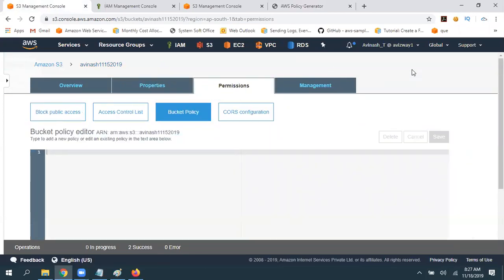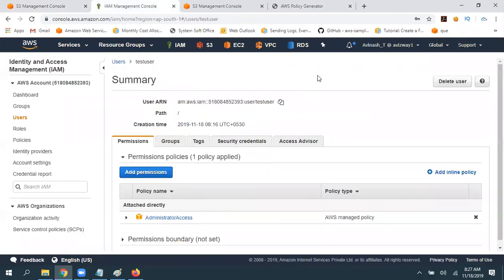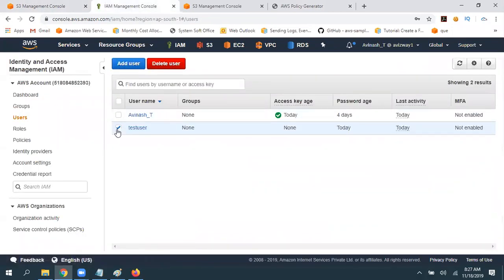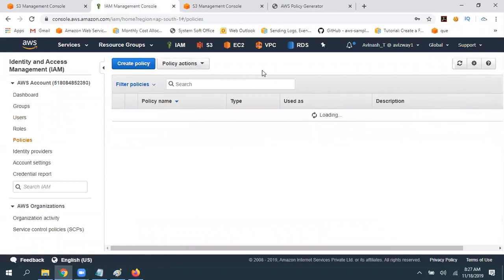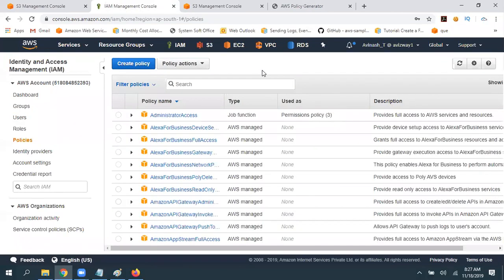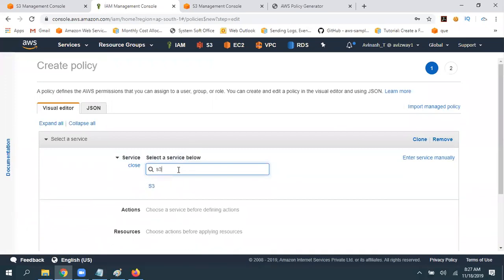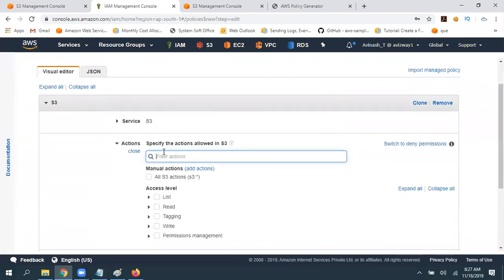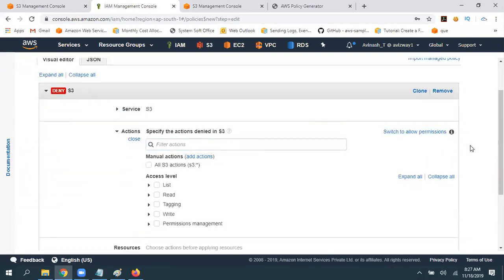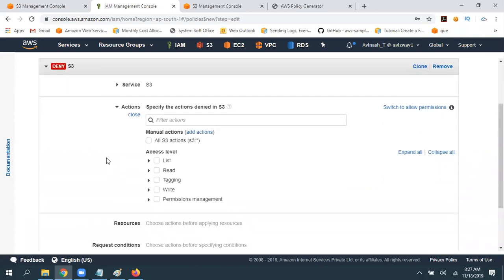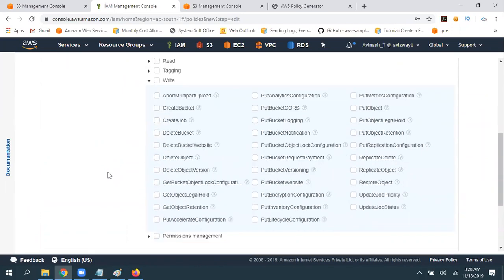Okay. So again, if you want to perform this at the IAM level, we can do that. Let's quickly do that. I'm navigating to policy. Now you know what is a resource. That's why I'm explaining this to you. Whenever you're creating a policy, choose a service and I'm going to pick S3. What action do you want to allow or deny? I want to deny. Now again, what action do you want to deny? I want to deny one particular write operation, that is nothing but PutObject.